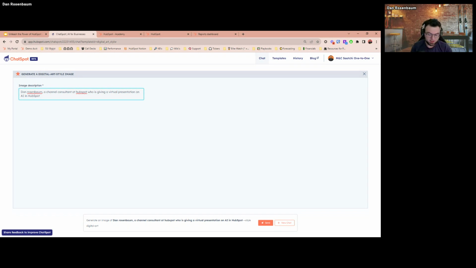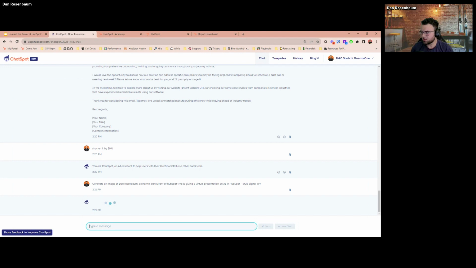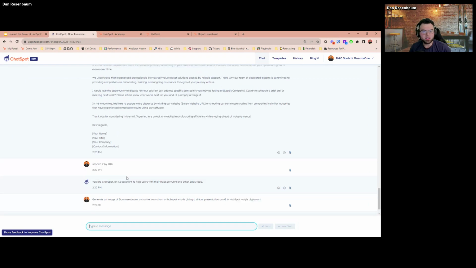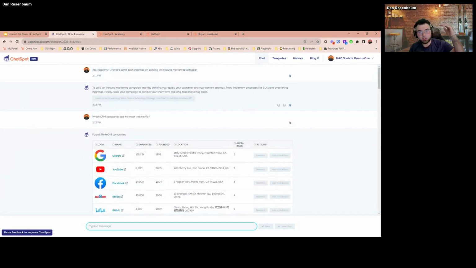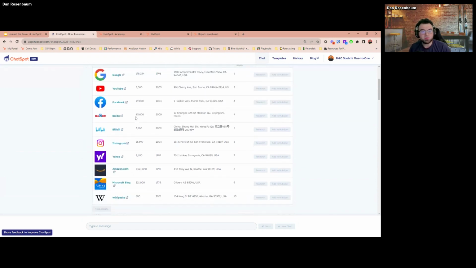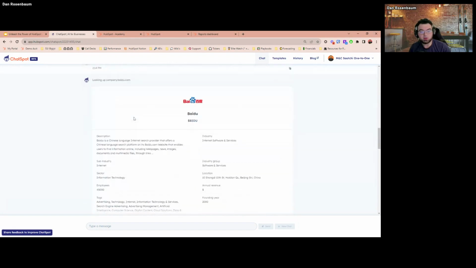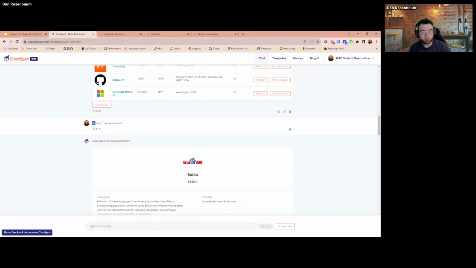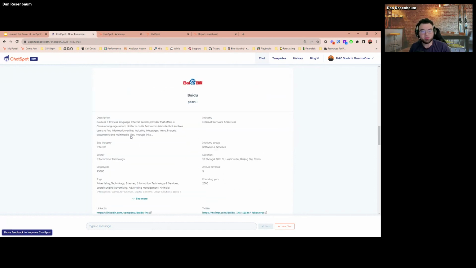Let's see what this does. Images take a little bit longer. Good question, Rhonda. So the prompts are the templates. When I went up to the top and looked up that Academy template, all the template does is fill in this first portion and then give whatever I wrote afterwards. Same thing with any of the other templates, like this one, research company, that's the template. And then I put in Baidu.